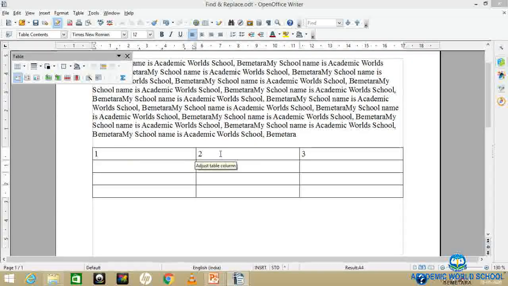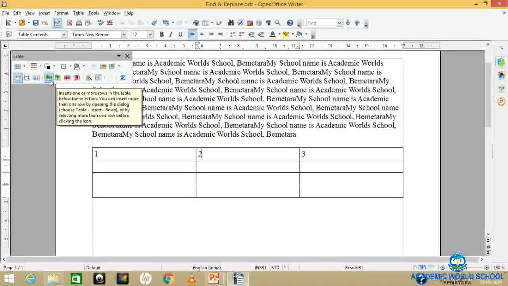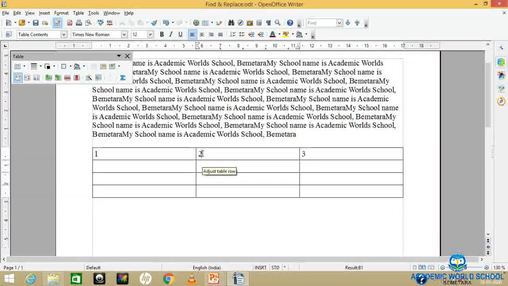Here it is showing align the content of the cell to the top edge of the cell. This is showing content between the top and bottom of the cell. Now see, if you want to insert a column and row, what you have to do is click here, insert one row in the table below the selection. Selection means your cursor, see this is your cursor blinking.